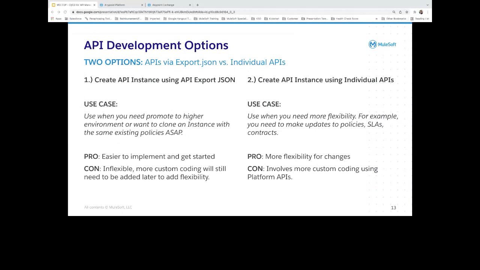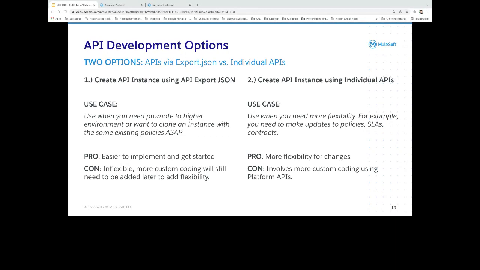So let's say that you have an API instance in dev, and you want the same API instance components, policies to be in QA, but you don't have access to QA. Option number one is a good way to get the ball rolling and get that to the environment